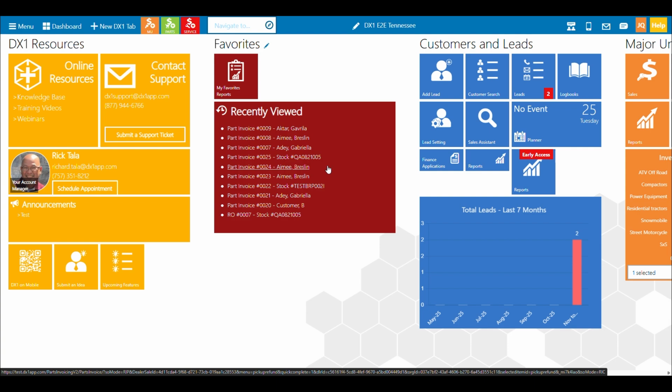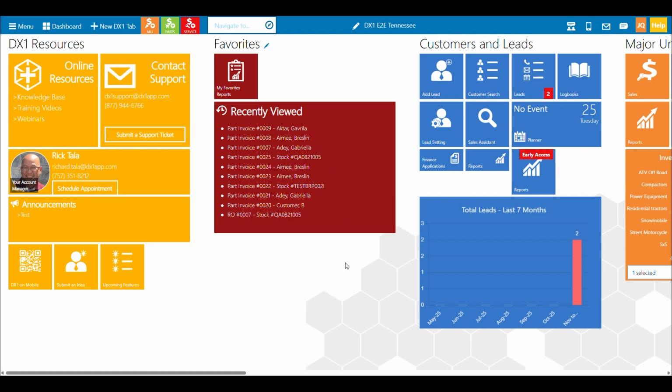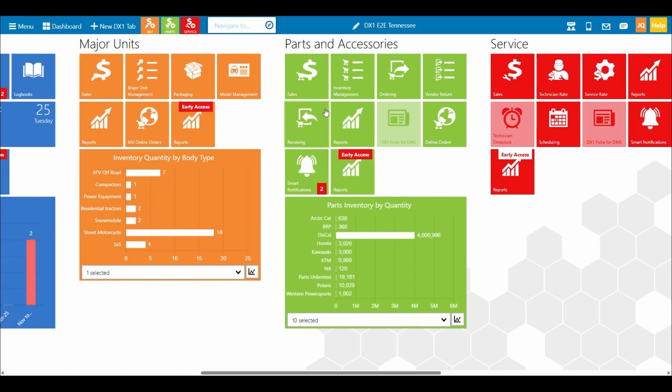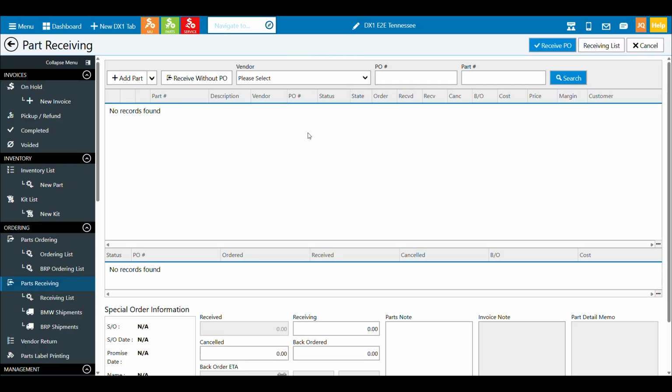Like I said, you might have an order that got sent in by a rep that came in and did a stock check and didn't build a PO, and now you need to get it in your system, and you don't want to build a PO. So how do we do that? Well, we can come over to the receiving screen.